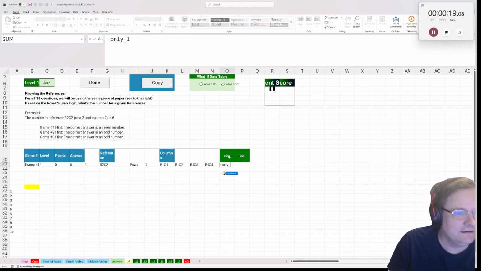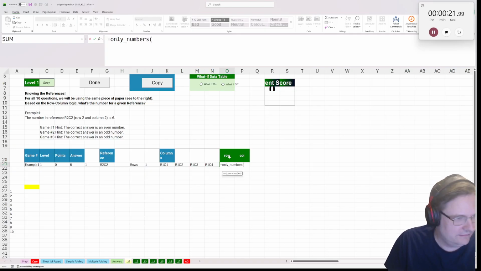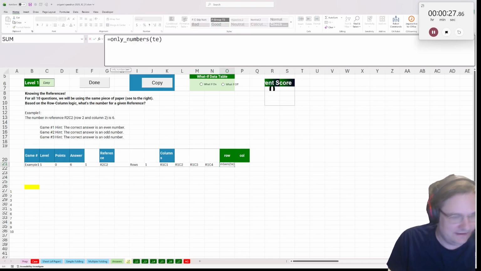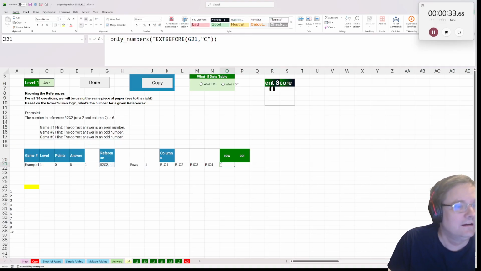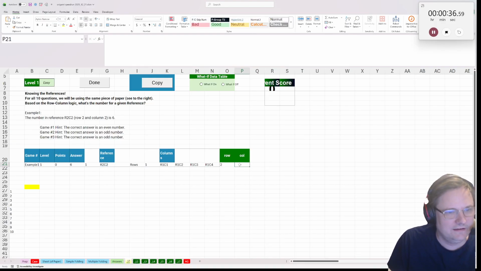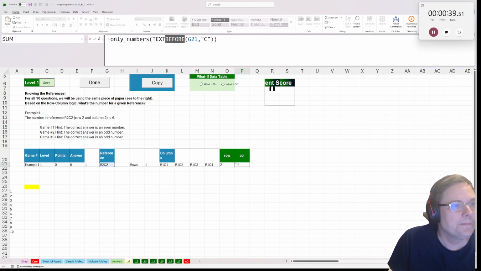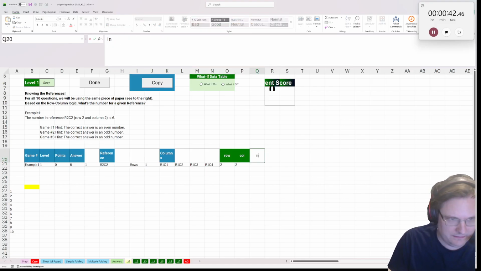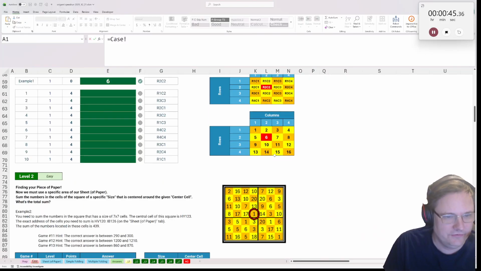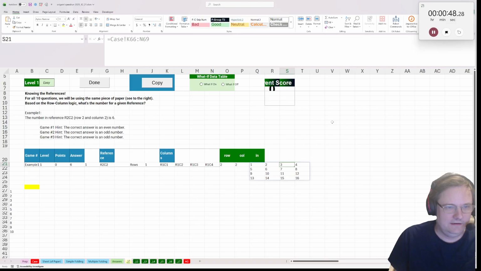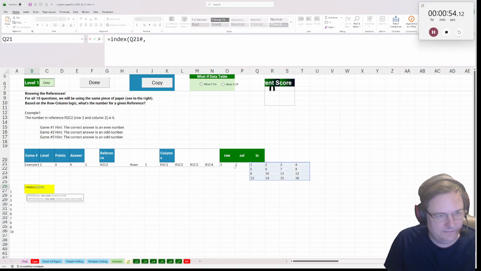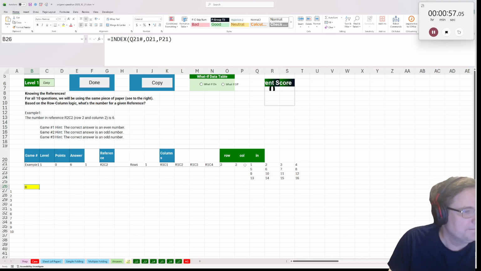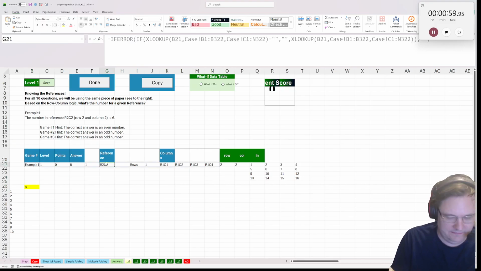All right, so only numbers of the text before the C, and then the text after the C is the column. The input paper is here. I'm just doing this because I know I need to make a lambda, right? So the index of this by here and here is that, but then I'm going to make this my